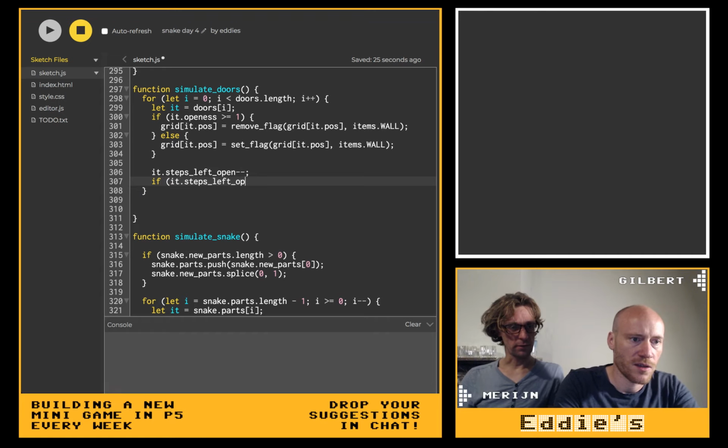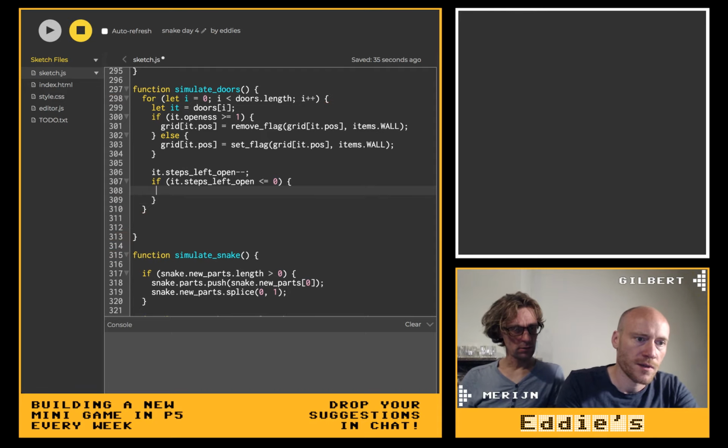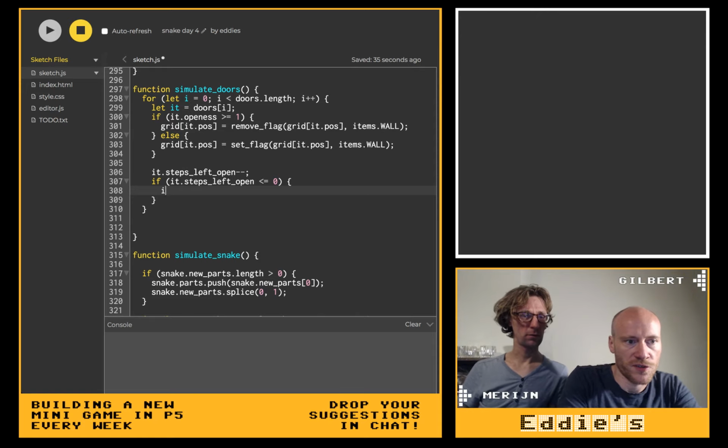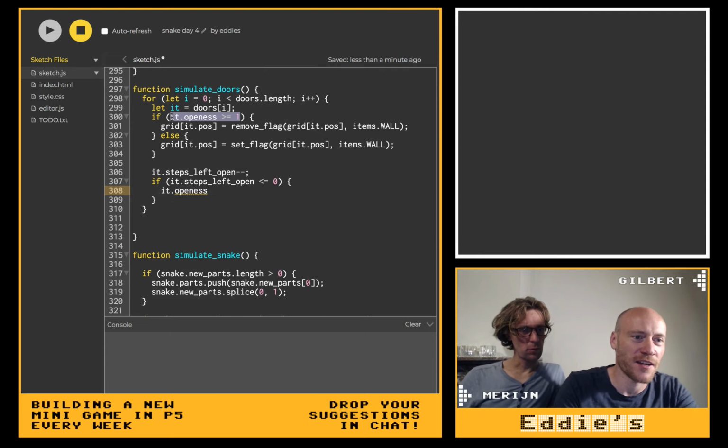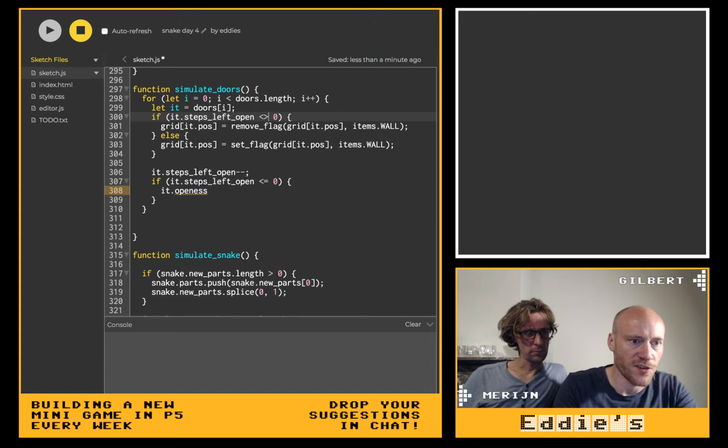If it's greater, then it sets openness to 0 or something like that. No, it's maybe weird. Well, you can set the door openness to 0, right? But we don't check this before that. So actually this is the thing that we check. If this is greater than 0, it should be open, otherwise it should be closed, and then we